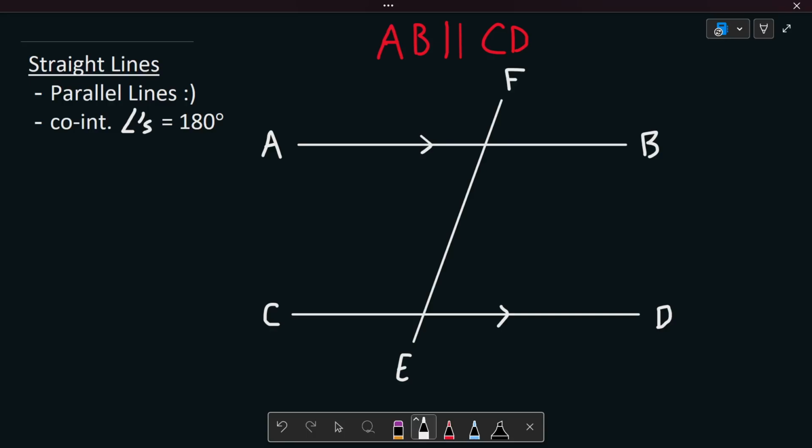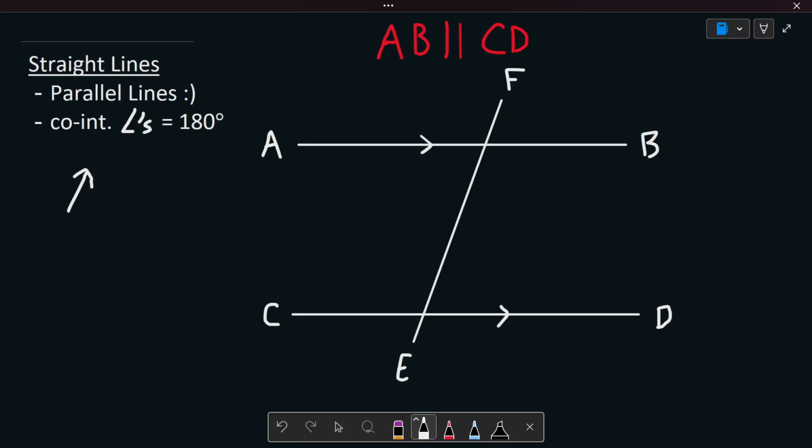When we are working with co-interior angles that are equal to 180 degrees, please remember that this is the only thing that indicates that the two angles are not equal, but they will equal 180 degrees instead. So co-interior angles equal 180 degrees. Which angles are we looking at? The first piece of information, remember we always need to know this: in order to use this reason, we need to know that two lines are at least parallel. AB is parallel to CD, which is already given, and we have a line that goes through those two lines,